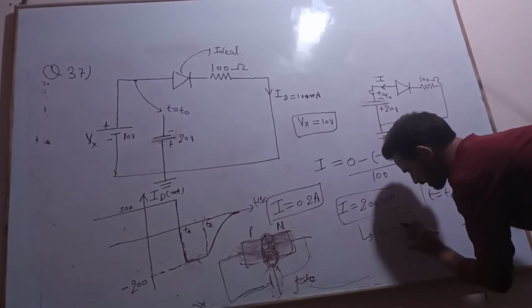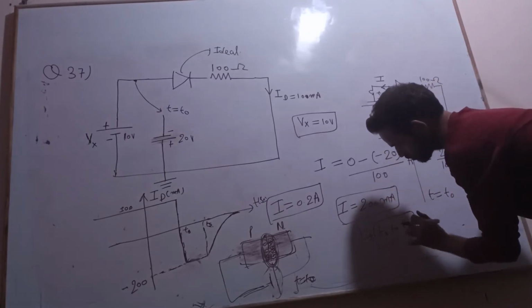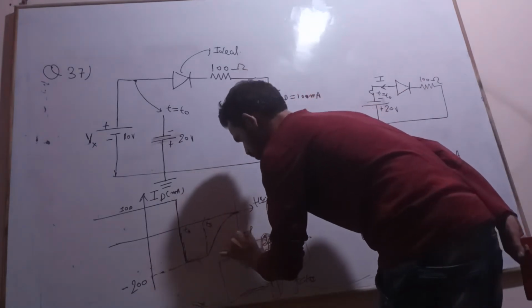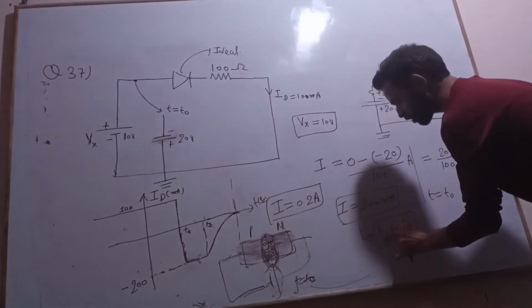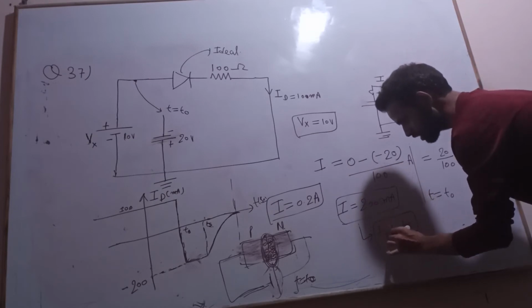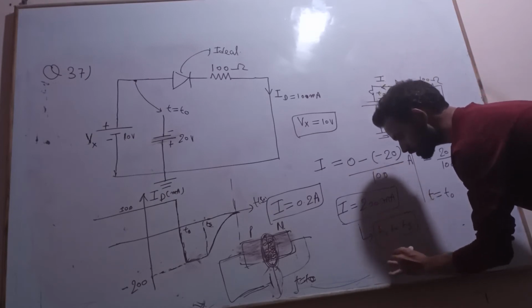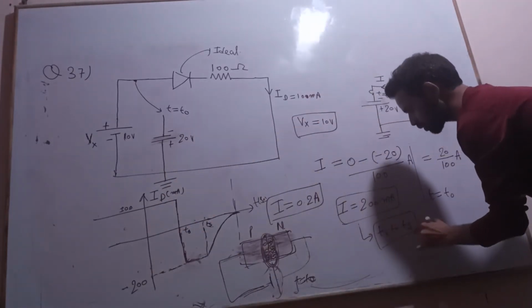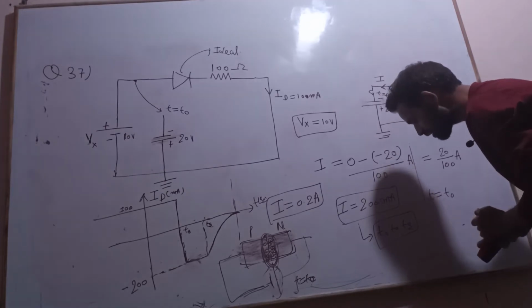This ts is the storage time. And this t naught is the switching time, when the diode gets switched to minus 20 volt. This is that time, and this ts is the time that is